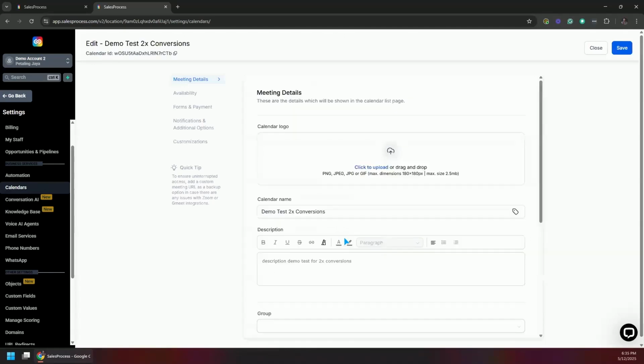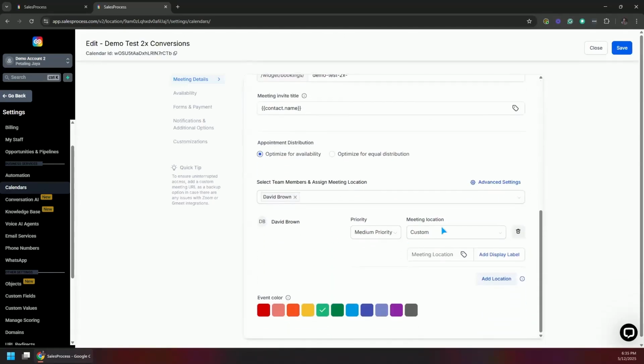Let's add the calendar. And in here, you need to give it the meeting location link. That is going to be this one, webinar link,